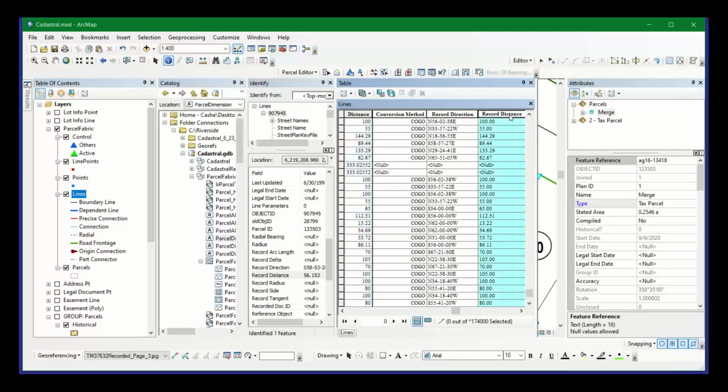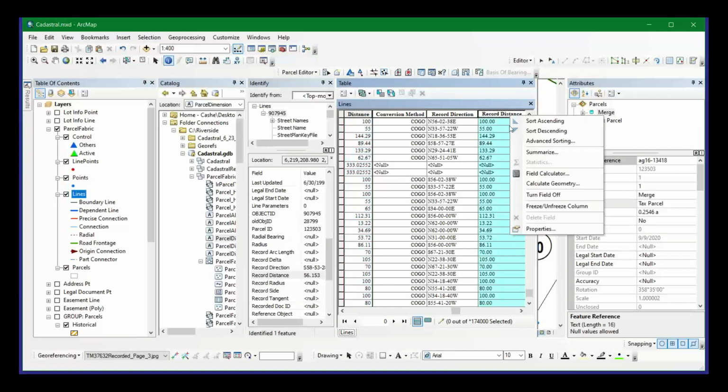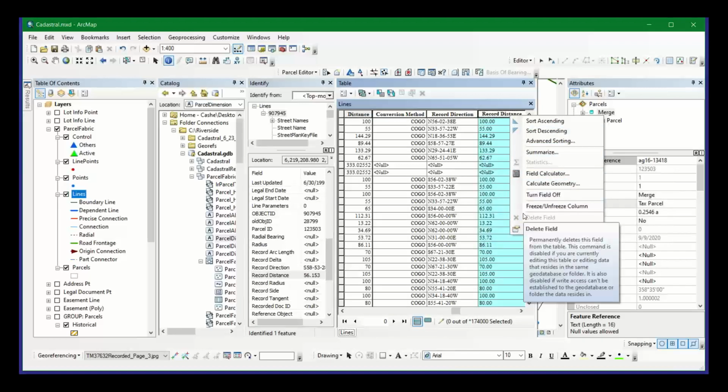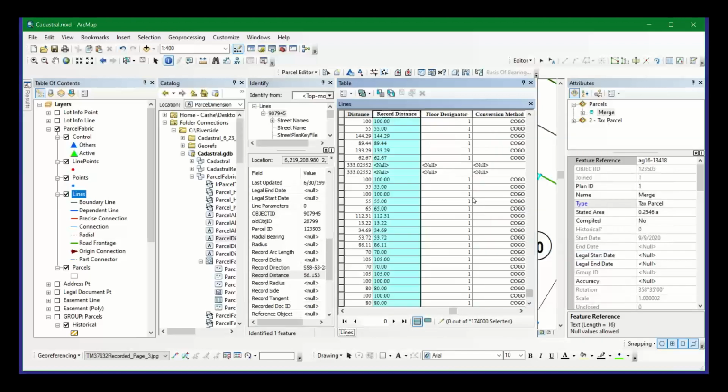Record distance, yeah. Record direction, record distance, yeah. Got it. Trying to freeze. Okay, so those are the two fields. One of them you said is something somebody inputs, correct? And the other one is something which